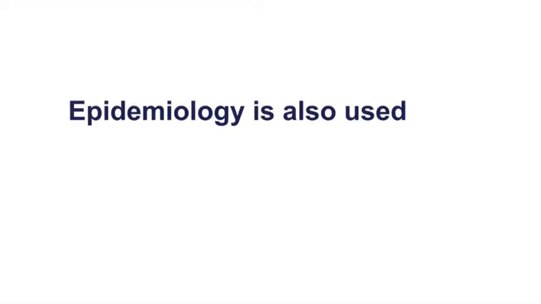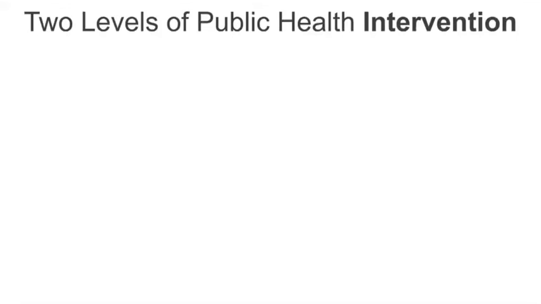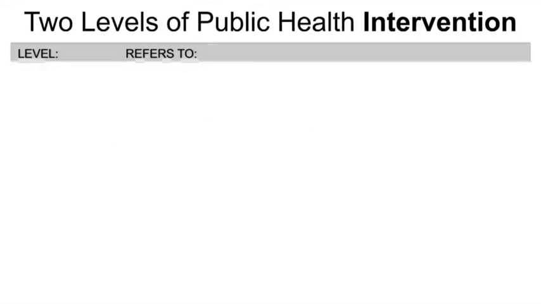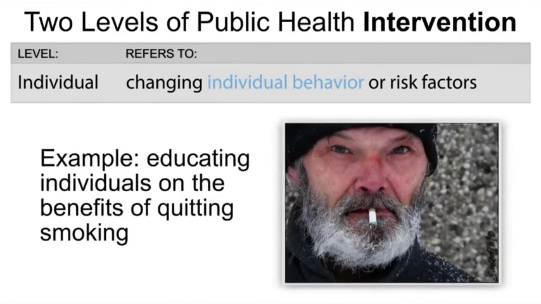Epidemiology is also used to evaluate interventions in the population. Public health interventions can occur at 2 levels, individual or structural. Individual interventions focus on changing individual risk factors or behavior. Individual intervention approaches rely on the assumption that people have the autonomy and capacity to make choices and then follow through on their choices. An example of an individual intervention might be educating individuals on the health benefits of quitting